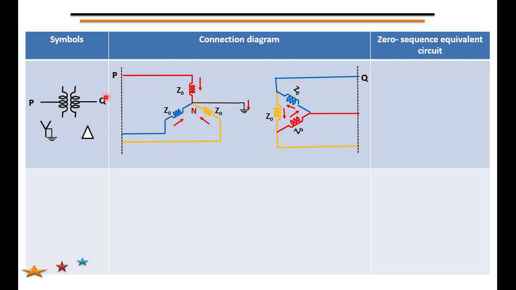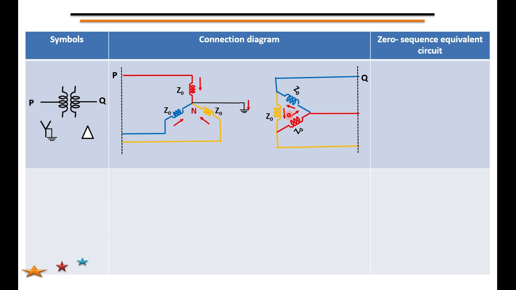Starting from P to Q, what I want is whether the zero sequence current will pass from P to Q. What is the path for that? How are we representing between P and Q? That is our objective. You have to draw the zero sequence current diagram for this type of connection of the transformer. If you look here, from P there is an entry of current into the neutral, and it is grounded, the current flows, then it enters into the secondary winding of the